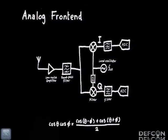And that's obviously way too fast to be easily sampled by an analog to digital converter. So what we're going to do is shift that 2 megahertz chunk of spectrum down from 1.5 gigahertz to 1.5 gigahertz plus 2 megahertz, down to just 0 to 2 megahertz. This works, if you remember your trig identities, because if you multiply two sinusoids, you get a sum of frequencies and a difference frequency. So if we take this thing called a mixer, which is basically an analog multiplier, and we generate our own local sinusoid of a frequency close but not exactly the same as our carrier, then what we're going to do is